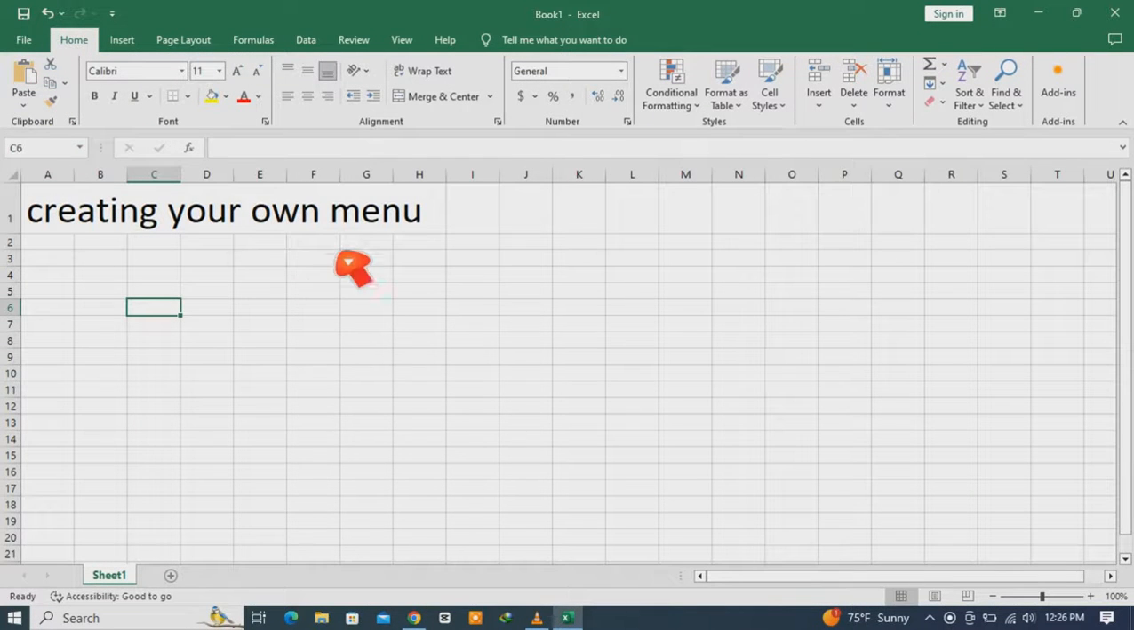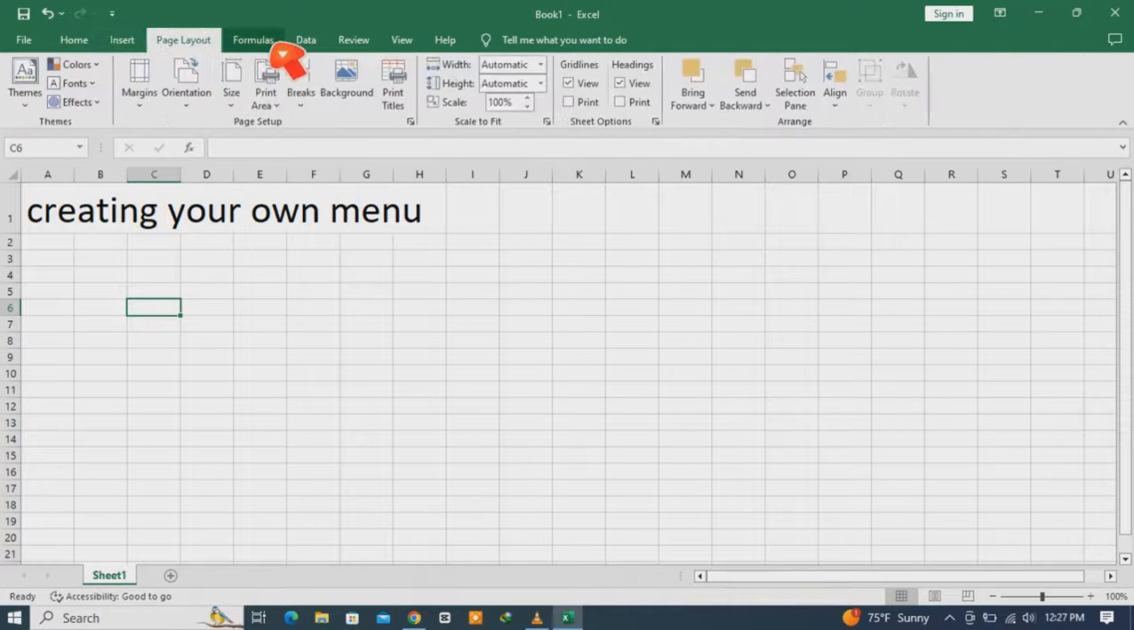Today I am going to show you how to create your own menu in Microsoft Excel. If you want to create your own menu or tab in Microsoft Excel, follow this simple tutorial. Excel by default has the following list of menus: File, Home, Insert, Page Layout, and some others listed here. Sometimes you can create your own tab and insert the most frequently used tools from the list of these